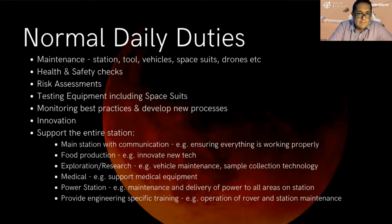And then the engineering center is very important to provide support to the main station, because in the main station you have a lot of engineering stuff like the information and communication technologies that will be used to establish the communication with Earth, and also support the guidelines and activities to the food production area. Also give support to medical research and also the power station. You can see operating the power station, solar panels and also the kilopower technology and other tools. Okay,